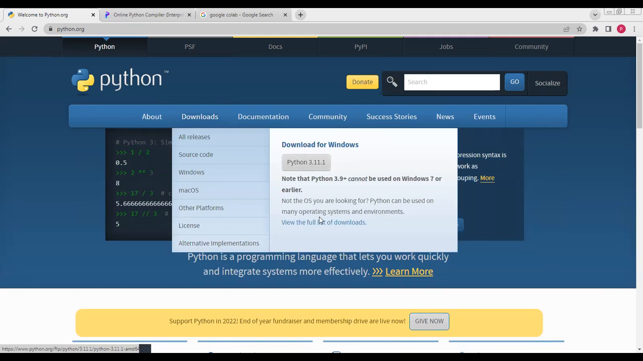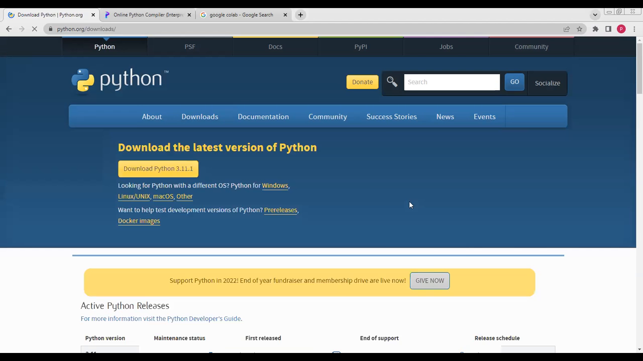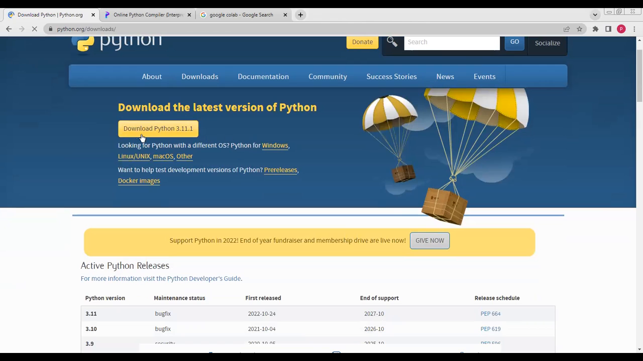Come to the page, and you can see all release source code and the availability for Windows, MacOS, and other platforms. So you can find it as per your system specification, and always try to have a laptop with a 64-bit. Now, when you click on it,